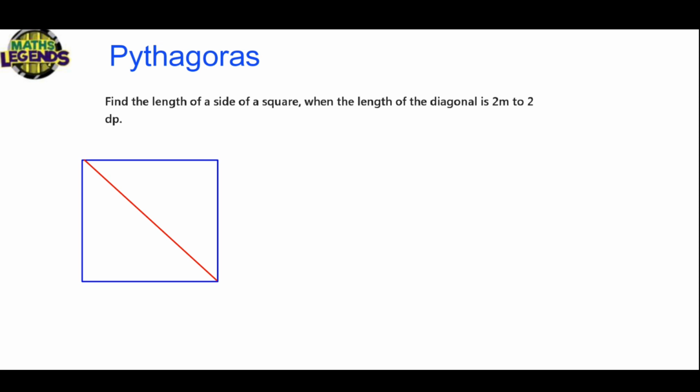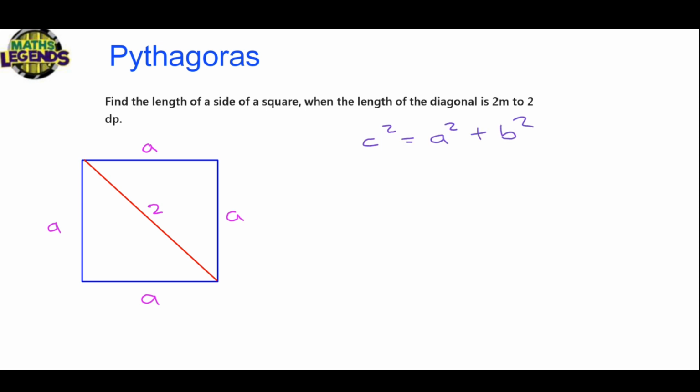So let's add that information in. A, and A. And we know from the question the diagonal is 2 meters, so let's put that as 2. And we're asked to work out one of the sides. Well, here again we will use our Pythagoras theorem. So it's c squared equals a squared